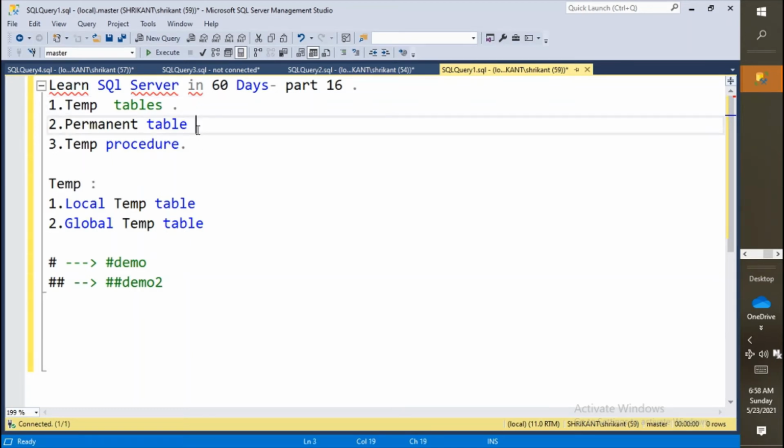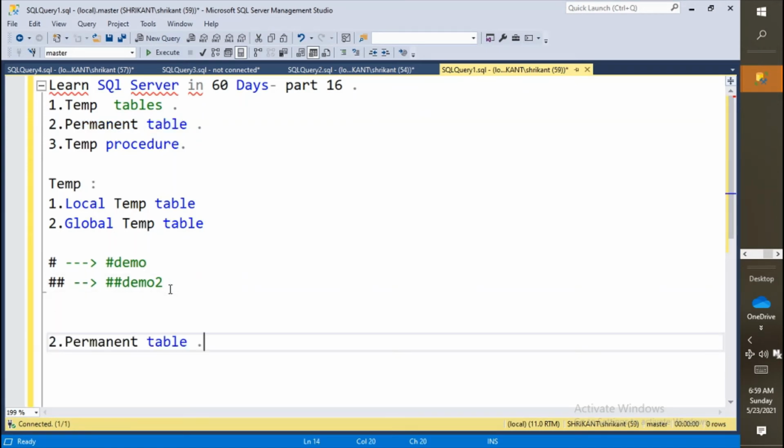Now let's briefly talk about the permanent table. What is a permanent table? We already know what a permanent table is. A permanent table is a table which is permanent to the system. What does it mean? It means that if I close the session, close the window, or disconnect from the server, the table would always be there, whether the server is active or closed, whether the server is available or not.